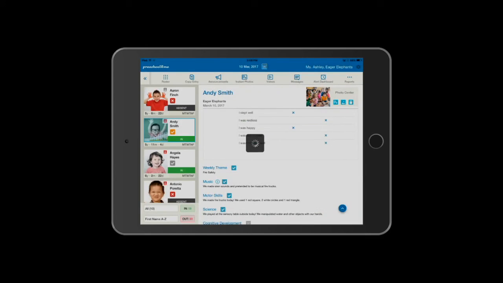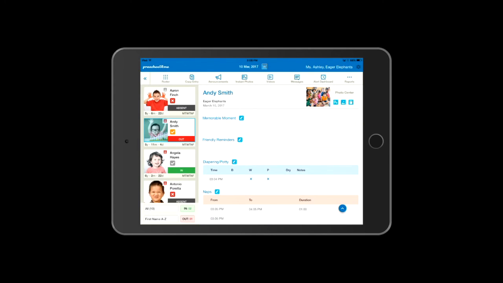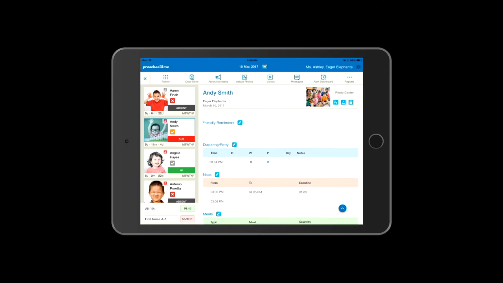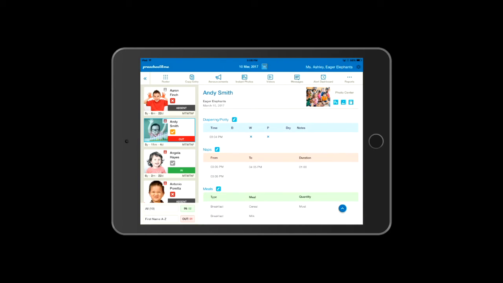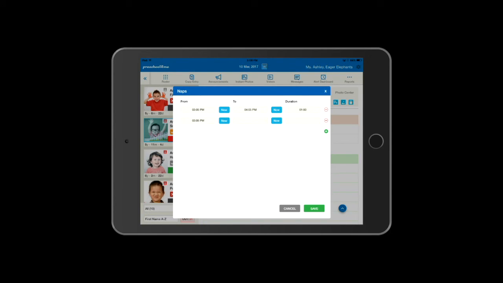If I have done checkout only and I add some information, so I'm going to finish this snack, and I'm going to press Save. Then, using the caret, or that little blue arrow in the lower right-hand corner of our screen, I can then send the report off. Once the report has been sent,